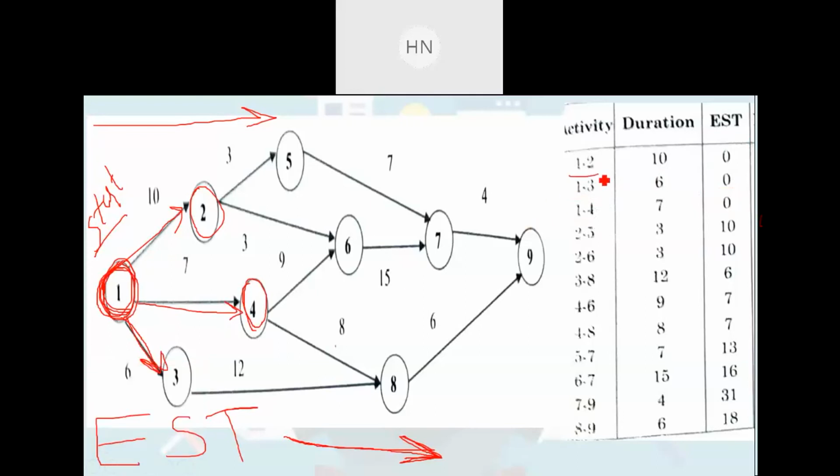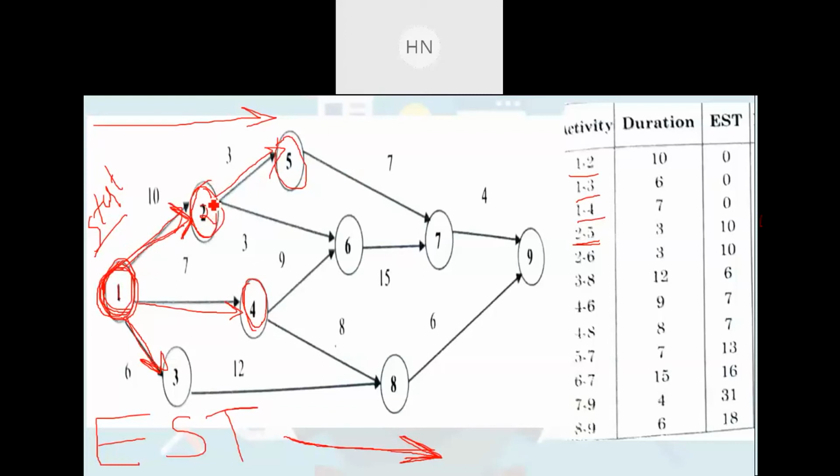We have completed these 3, I'm just underlining. Now we need to go for 2 to 5. Now where is 2 to 5? You need to find out, this is 2 to 5, right? Now to find out the earliest starting time, सबसे ज़्यादा जल्दी से जल्दी ये 2 to 5 कब स्टार्ट हो सकती है, तो उसको फाइंड आउट करने के लिए हमें देखना होगा कि 2 to 5 से पहले कौन सी एक्टिविटी है। तो उसके पहले जो एक्टिविटी है वो है 1 to 2। यहाँ पे नेटवर्क में आप देख सकते हैं, before 2 to 5 it is the activity 1 to 2, राइट?